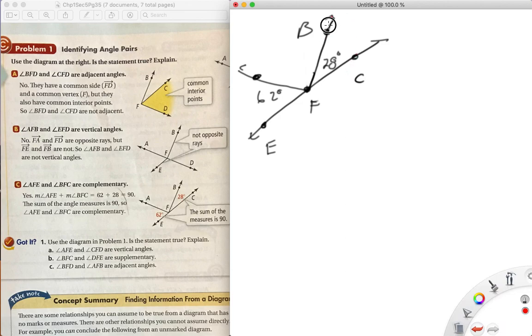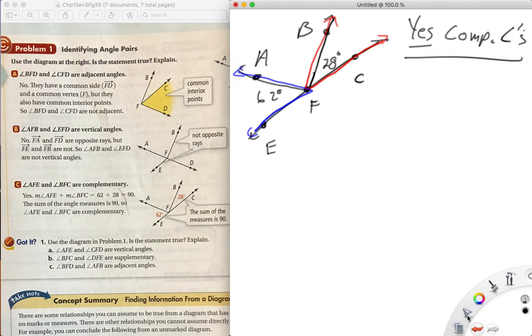So BFC is 28 degrees and AFE is 62 degrees, and they want to know if they're complementary. And the answer is yes, they are complementary angles. And they're complementary angles because